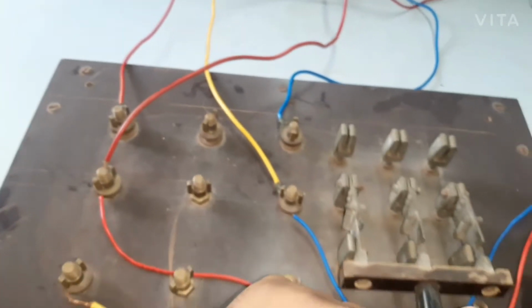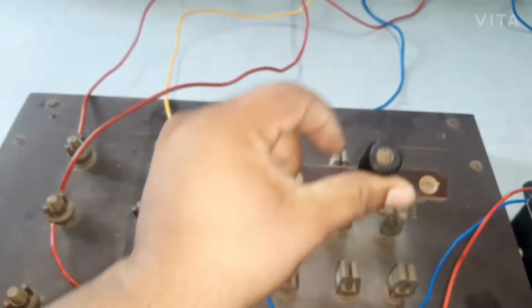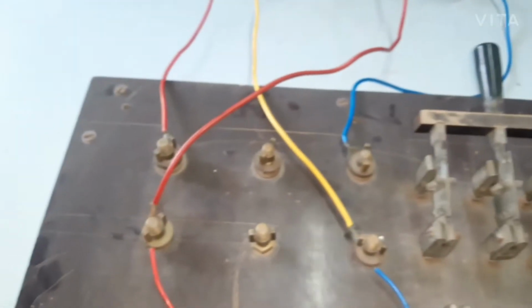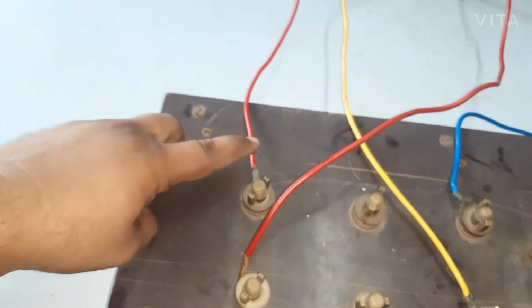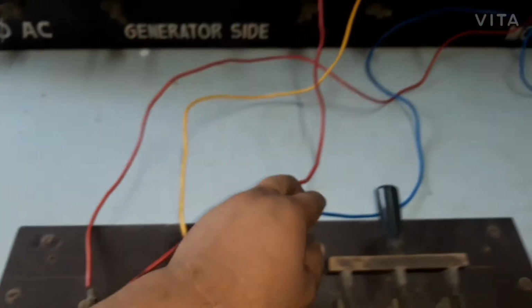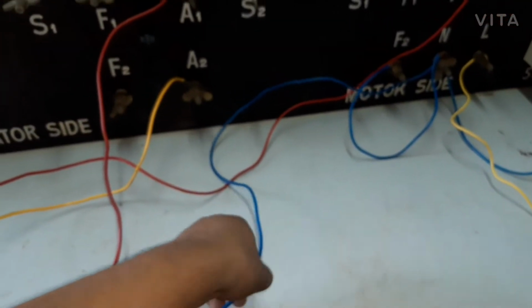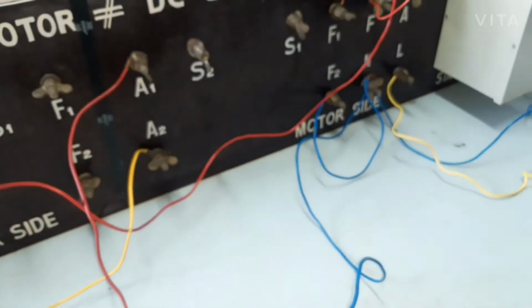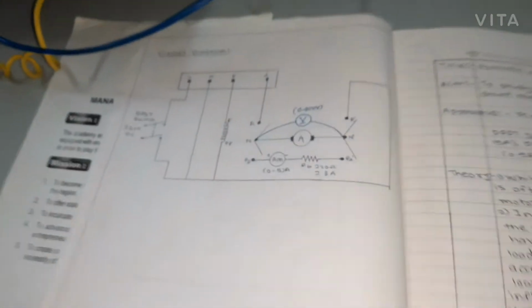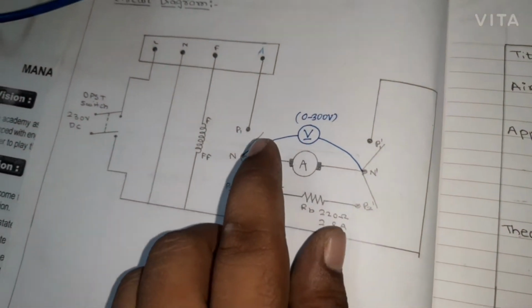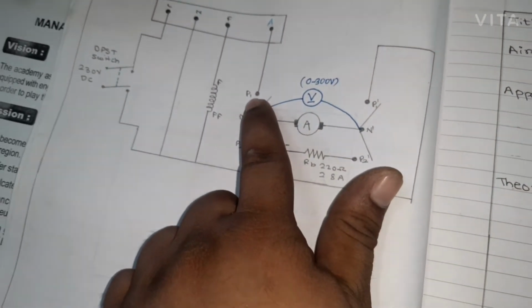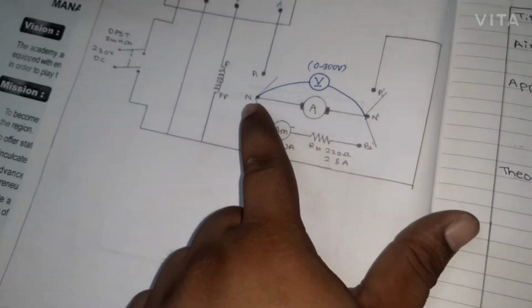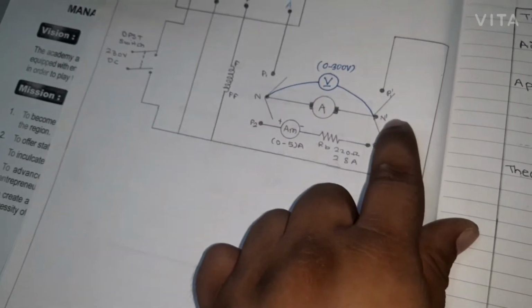Now when the switch is changed over on this side, it has to be motoring. So a positive supply must be coming here and negative must be here. This negative is going to N, and this positive is coming from A of the starter. A of the starter is connected on this side of the switch, negative is coming here, and A1, A2 are connected here on the central terminals of the switch.